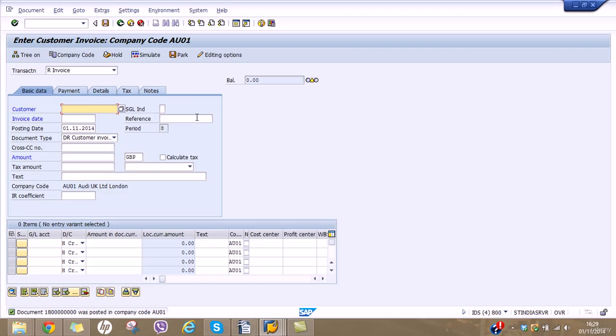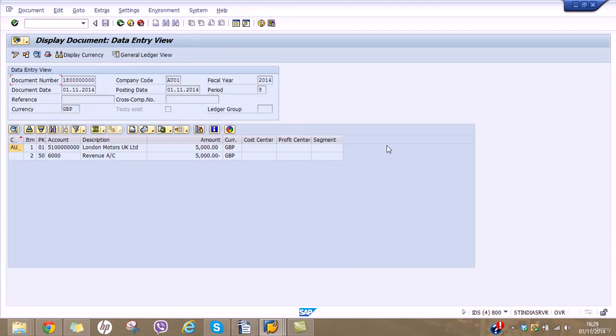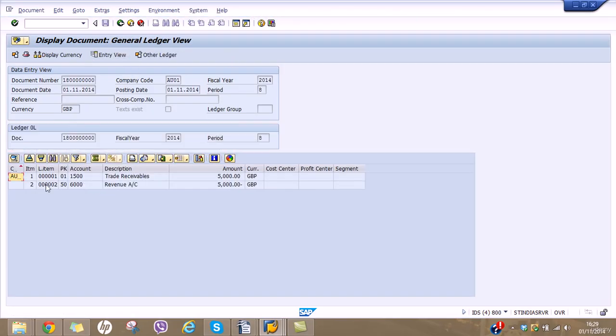Now in order to display the document, the transaction code will be the same, FB03, as you can confirm from here, and the document is identified by document number, company code and fiscal year. This is a data entry view. If you click on general ledger view, you can see the general ledger instead of 51,000. Now you see which GL account is hit, 1500, which we created as trade receivables,